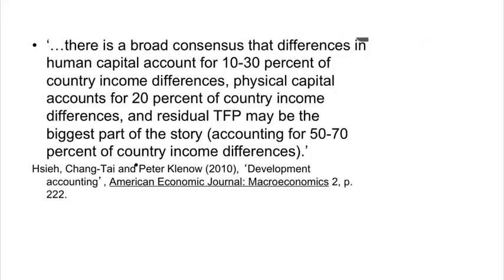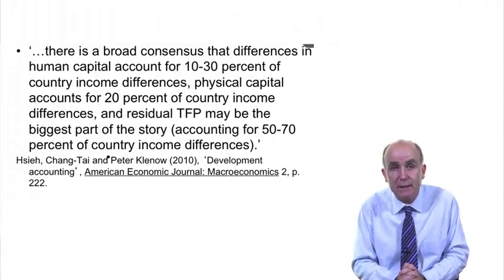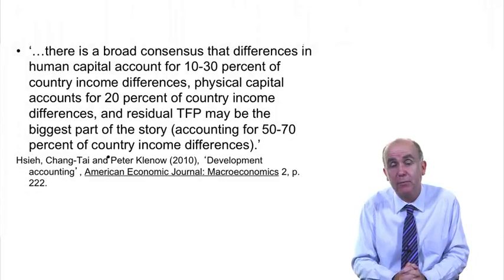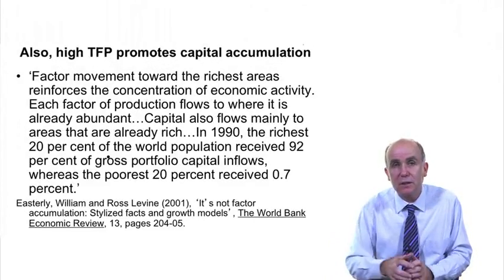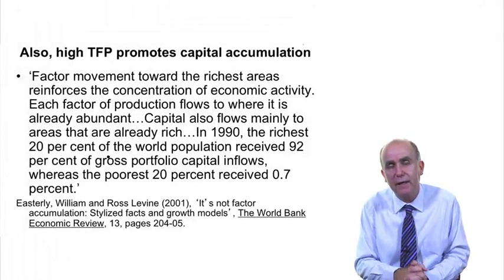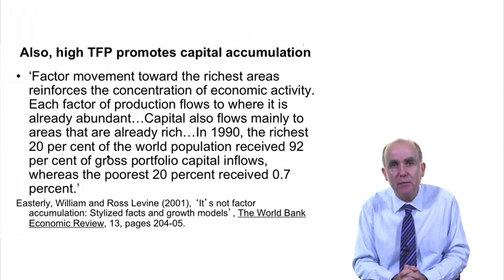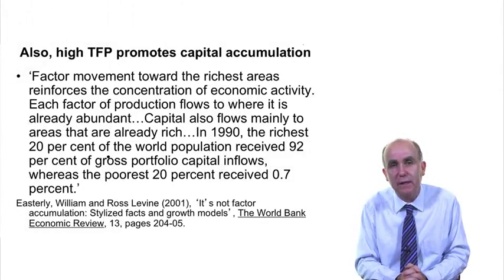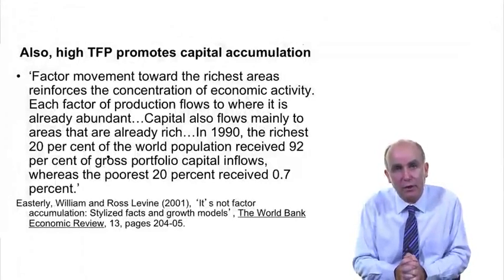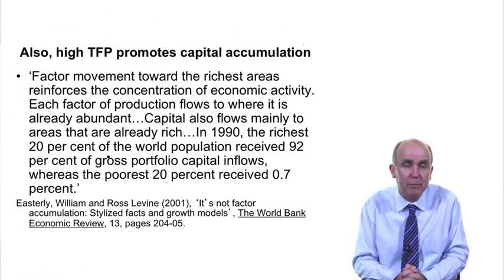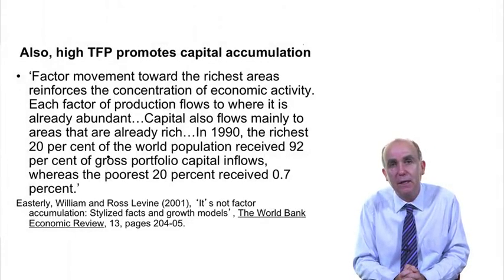So differences in total factor productivity, how technology is used and applied, are an important part of the story about cross-country income differences. It's also necessary to take into account that when you do growth accounting, it may to some degree understate the importance of efficiency or total factor productivity, in that accumulation of capital, both human capital, education, and physical capital, is likely to be driven by efficiency. So countries which are highly efficient are likely to have the greatest incentives for workers to acquire human capital and for entrepreneurs to create physical capital.